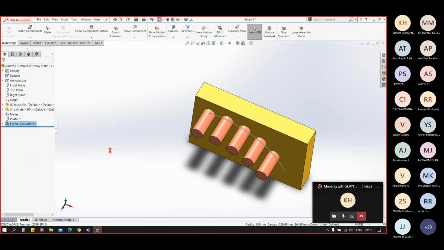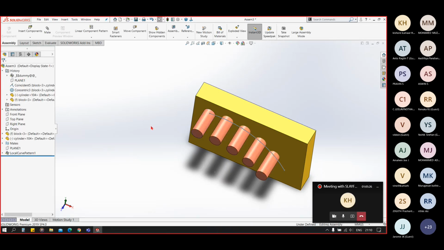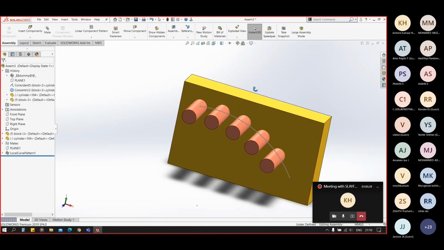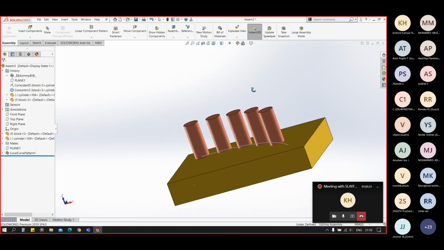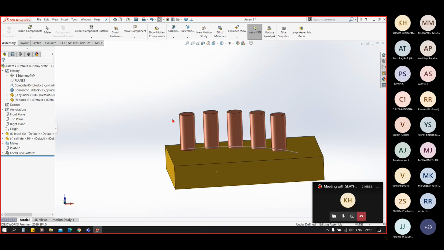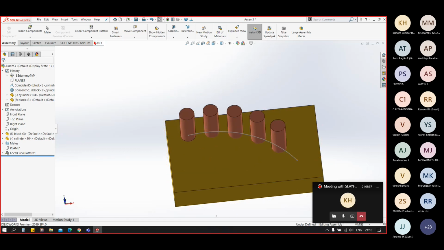So you can see we have 5 instances at an 80 mm distance following that curve, at the same level and the same position. Rather than using the sketch driven pattern, we mostly use the curve driven pattern.